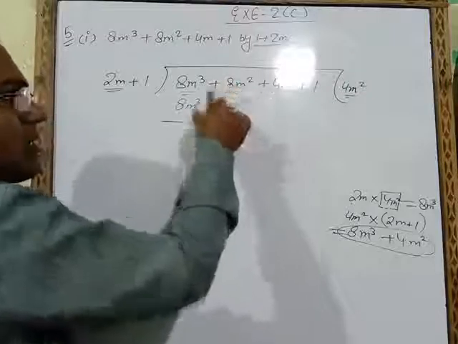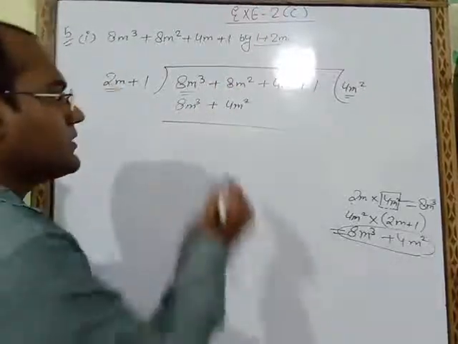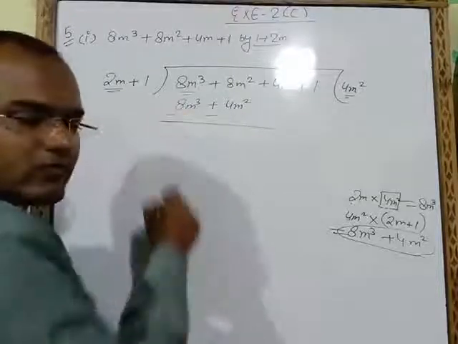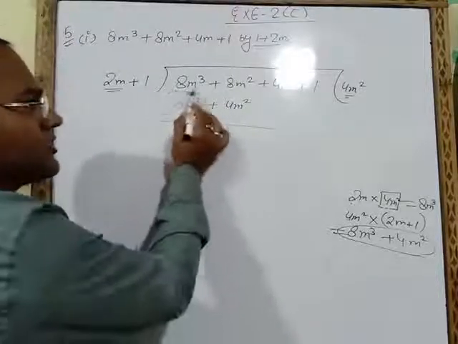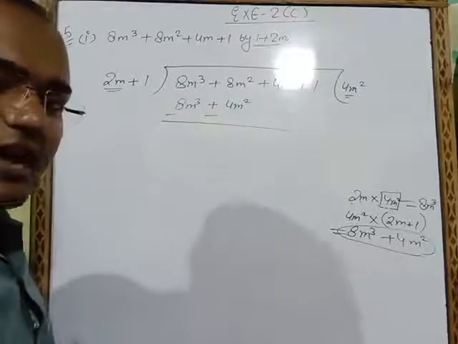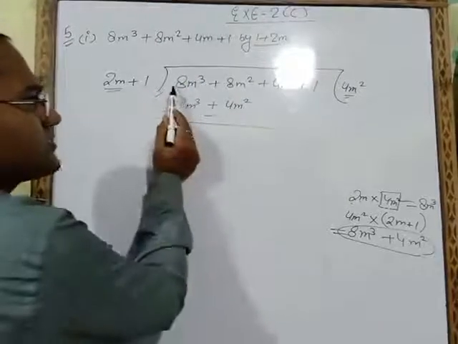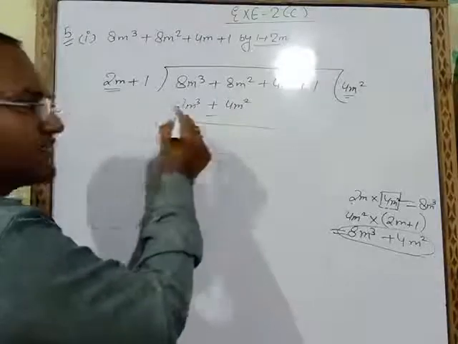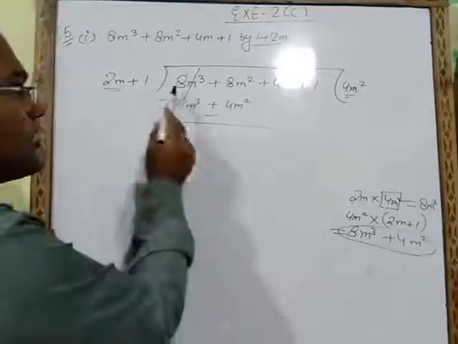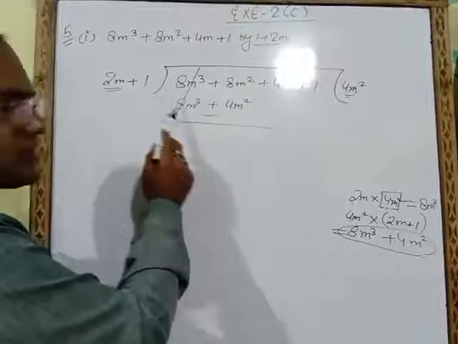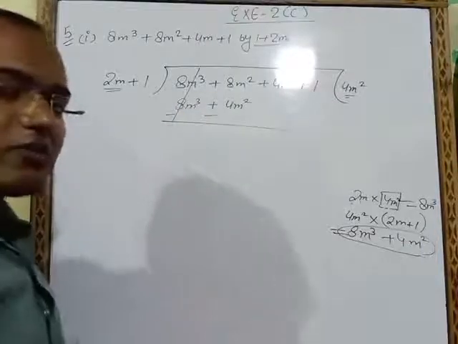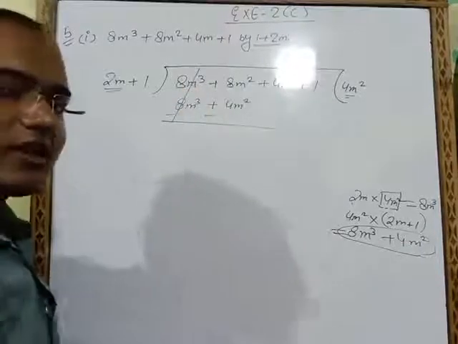Now with the help of column method, we have to subtract them. This is plus 4m, change the sign. This is plus 8m cube. Here also we will change the sign. Now these two things are exactly same. 8m cube and 8m cube. But signs are opposite. This is plus 8. This is minus 8. So in such case we have to cancel them. Why we will cancel them? Because this is plus 8 and this is minus 8. Plus minus minus. So 8 minus 8 answer will be 0. That's why we are cancelling them.